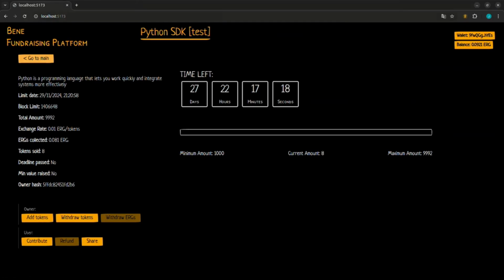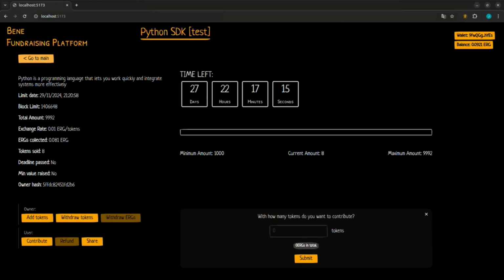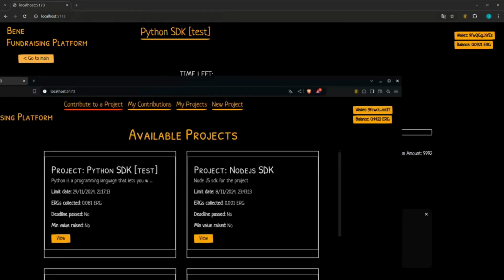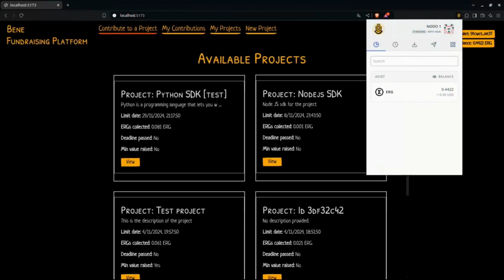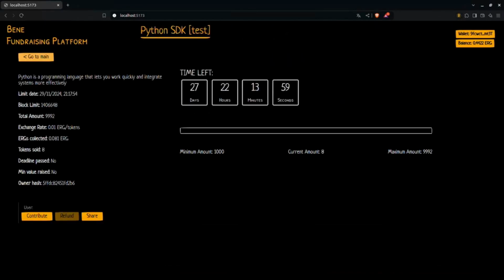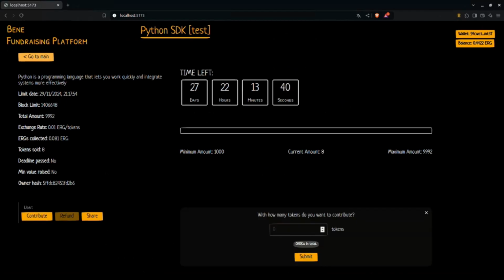So let's contribute. Well, currently I'm the owner with this wallet. So this is another page with the other browser, with other wallet, and if I use it, I only see the user actions. So I can contribute. I can't refund because it's not in the deadline. So I will contribute with